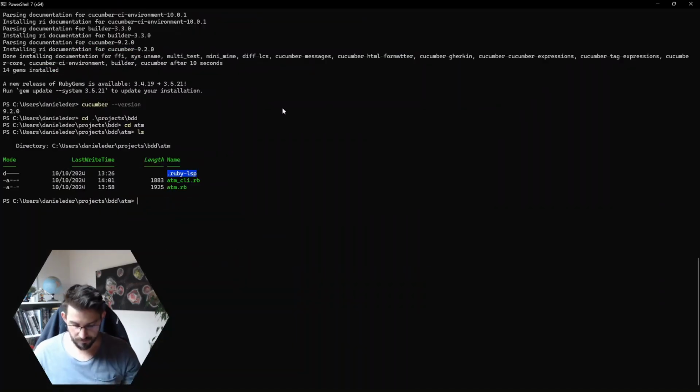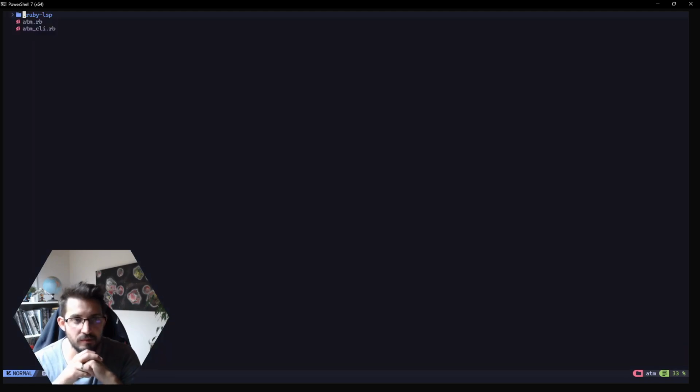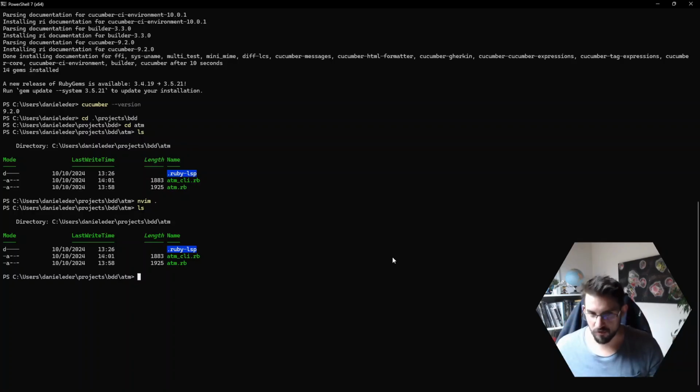Let's get coding. I'm going to use NeoVim here again. There's one thing I want to show you before we dive into the code. If you go to the repository, you will see two files. One is the ATM RB, a Ruby file that contains the classes and the whole definitions, and there's the CLI, a command line interface so that you can interact with a virtual ATM machine. If we run that,